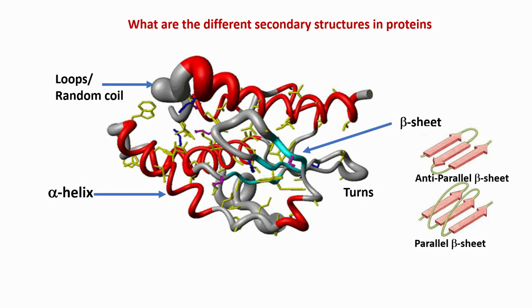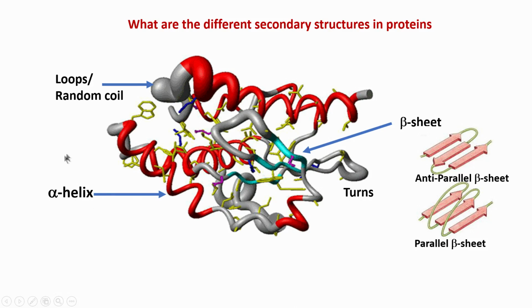So, typically with the CSI method or the J coupling method which we will discuss, we will be able to distinguish or find out which amino acid belongs to alpha helical structure, which amino acid belongs to loop structure or beta sheet. As I said, turns may be classified as alpha helix or random coil in the case of CSI. Sometimes there could be a 3 10 helix, one turn of a 3 10 helix. Now, that is also kind of a turn, but it is a small one turn of a 3 10 helix. In that case, it will get categorized as an alpha helix.